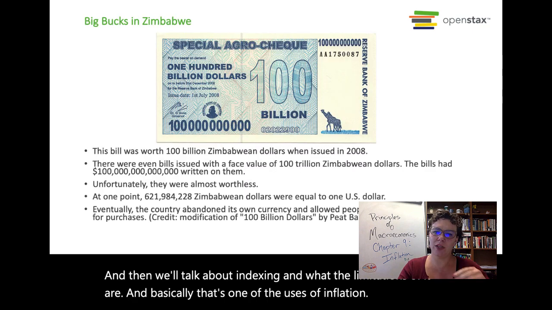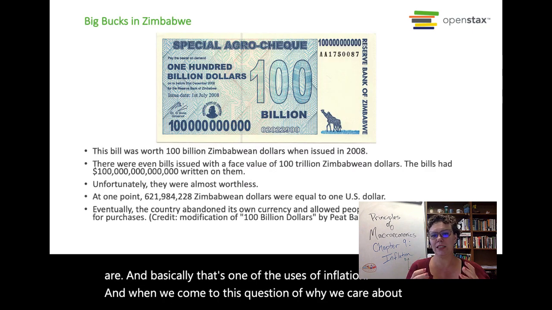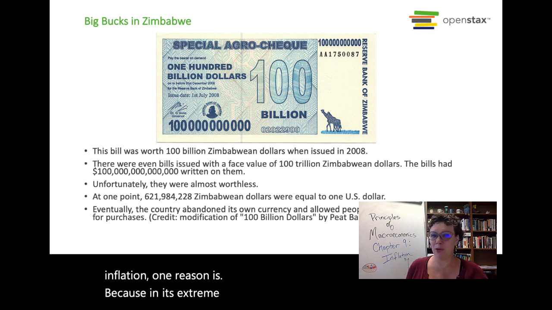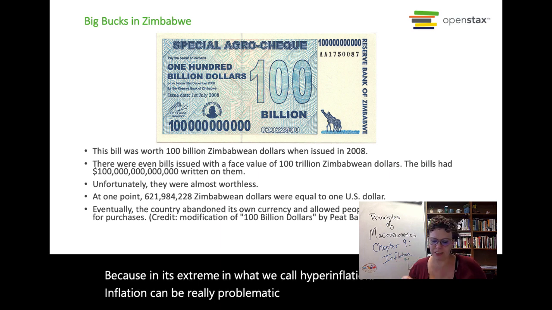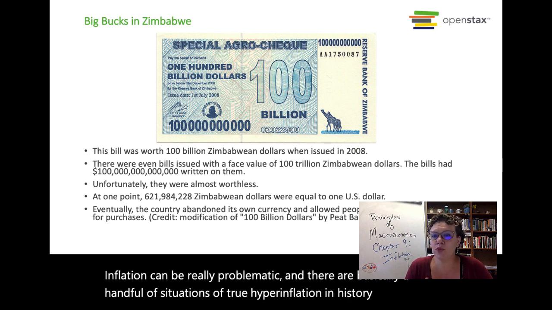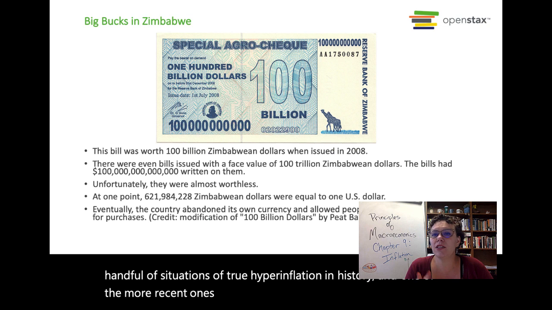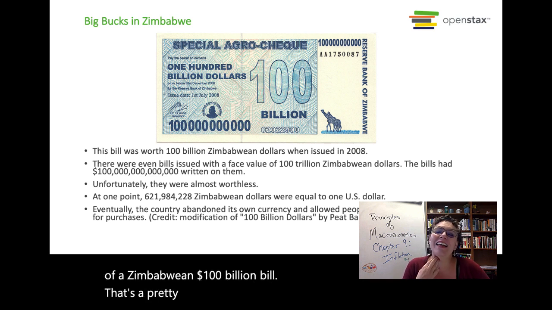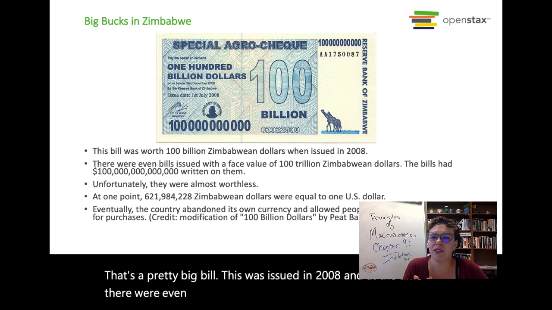And when we come to this question of why we care about inflation, one reason is because in its extreme, in what we call hyperinflation, inflation can be really problematic. And there are basically a handful of situations of true hyperinflation in history. And one of the more recent ones is the story of Zimbabwe. So this is a picture of a Zimbabwean $100 billion bill. That's a pretty big bill. This was issued in 2008, and at the time there were even $1 trillion